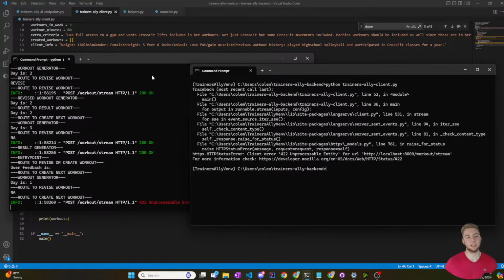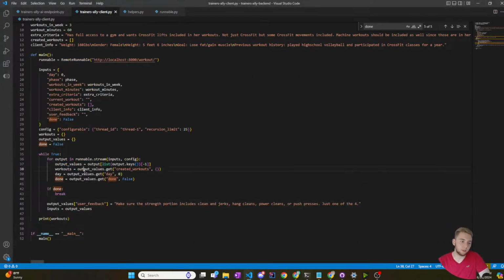Oh, I know why it didn't work. It's because the output of the node is only the pieces of state that it updated. So this doesn't actually contain all of the keys here. Yeah, that makes sense. I totally missed that there. Okay,